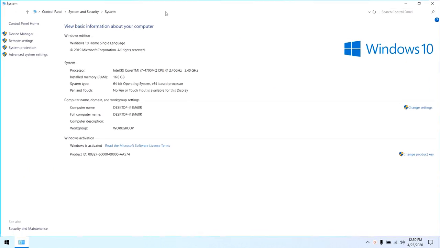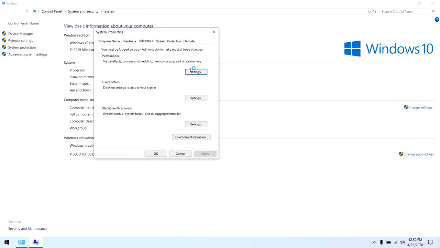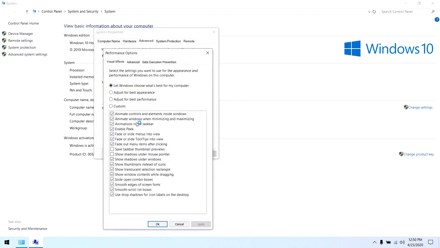In the properties tab, go to your advanced settings, and in advanced settings there is a tab of performance. Go to settings and just select or deselect which programs or things you don't want to include in your computer's animation or something else.